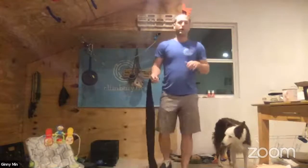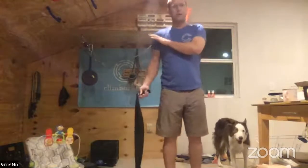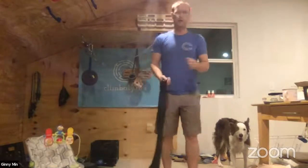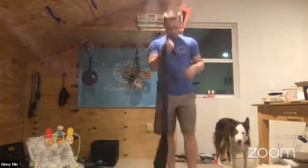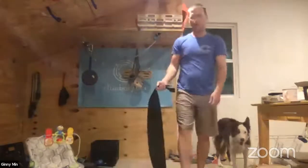So for this week, what we're going to do is 3 exercises on one side, then 3 exercises on the left side, and then 1 exercise that uses both arms at the same time. The first one, if you're using a band, let me tilt this down just a little bit more so you can see my feet,